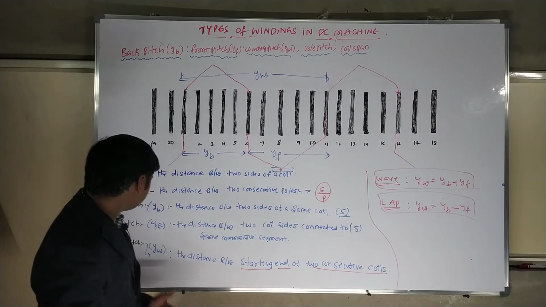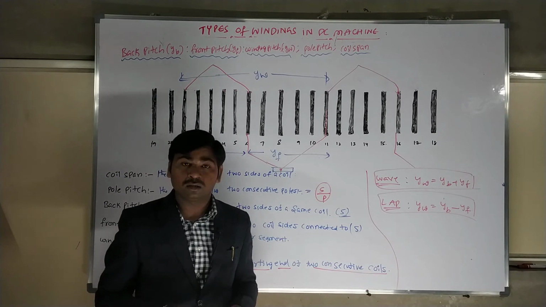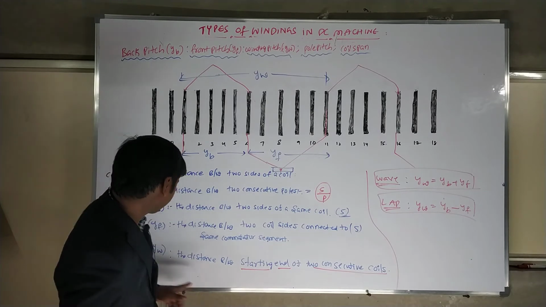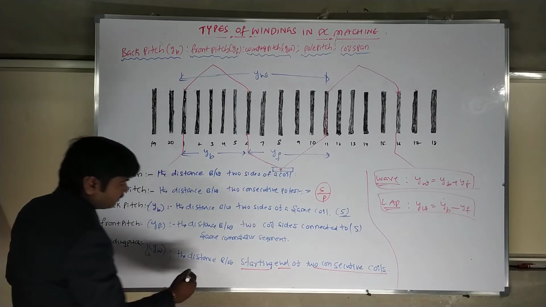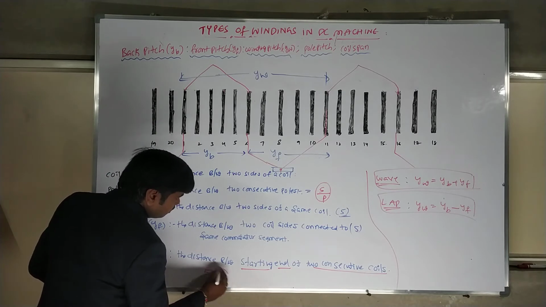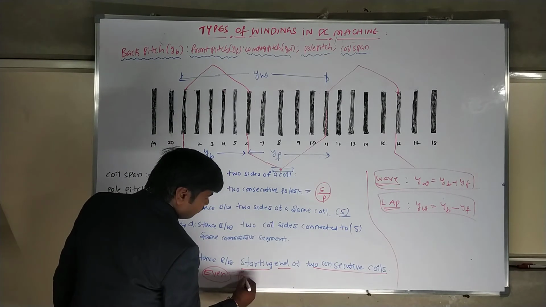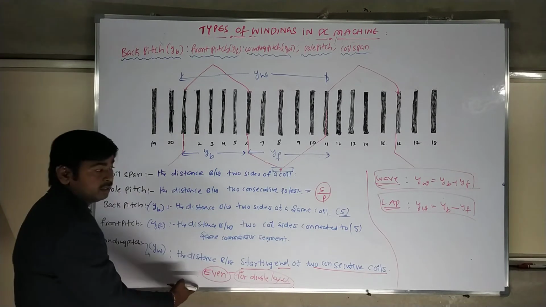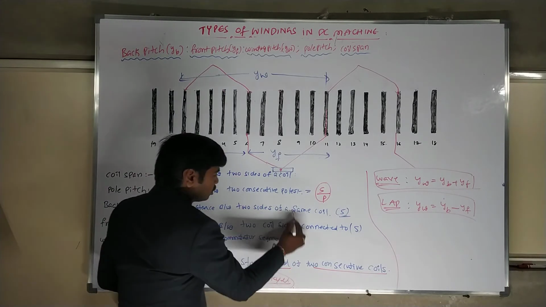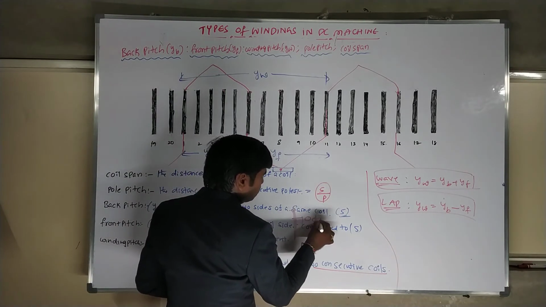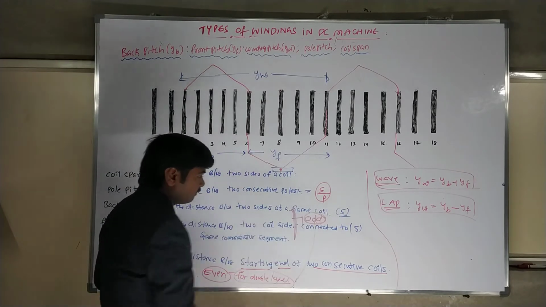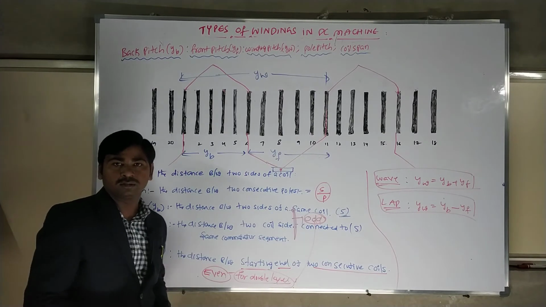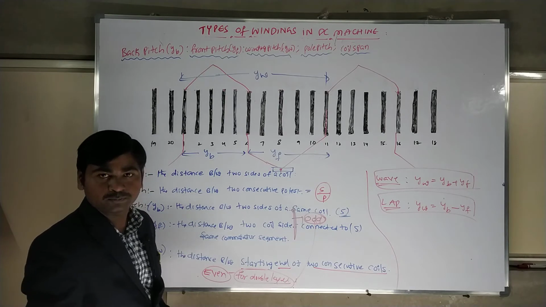It's very clear. Next, the winding pitch can also be represented in terms of the number of conductors or number of slots. One interesting concept here: the winding pitch should be an even value, generally all are integers, for a double layer winding. For a double layer winding, it should be an even integer, while the back pitch and front pitch should both be odd integers. That point you should remember.